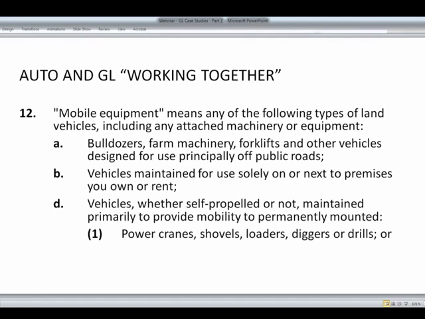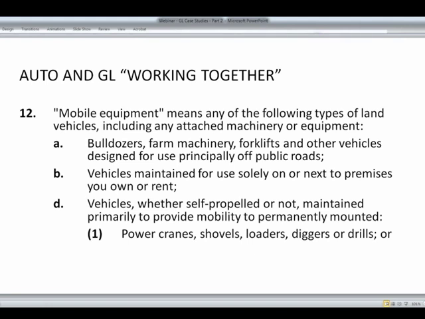The fourth area, though, is also vehicles maintained for use solely on premises. Those are yard tractors and spotting tractors and things like that. So when we talk about the insured, if they have mixed operations, they do work in farming, they are heavy haulers, or they have drill rigs, you need to address this auxiliary type equipment that might have to be scheduled on the auto policy, and if they have yard tractors, most insurance carriers give you a reduced rate. The advisory rate ISO used to use is 15% of the power rate for this equipment.